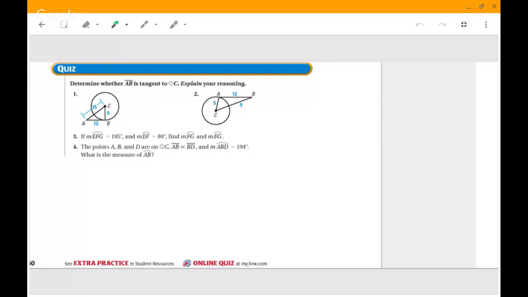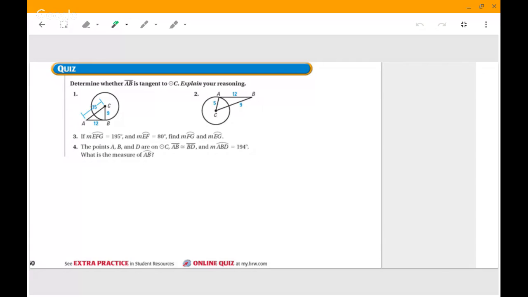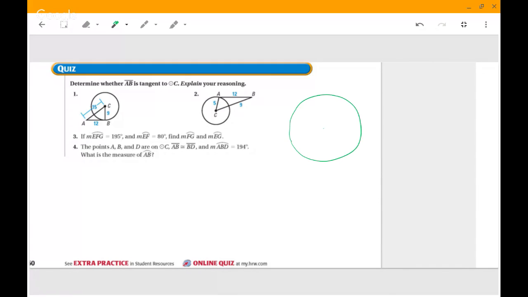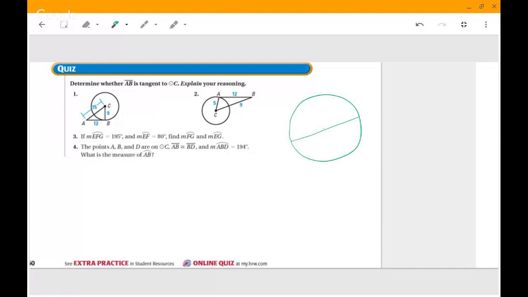So number 3 is telling you about some arcs. So you need a circle. And then I know the EFG is 195, so it's a little bit bigger than a half circle. So when I drew it, I did like this, and I knew it was a little bit bigger than that. So I went to maybe right there. That's probably too much, but